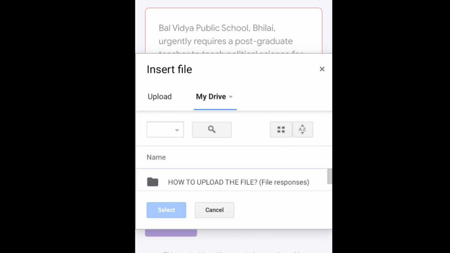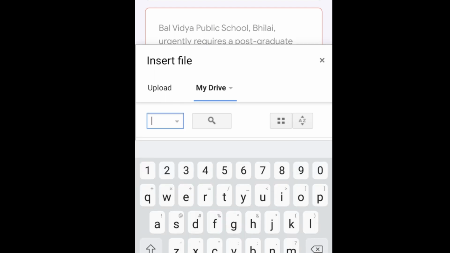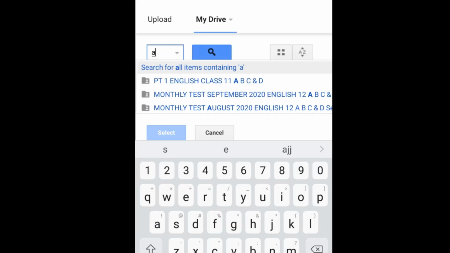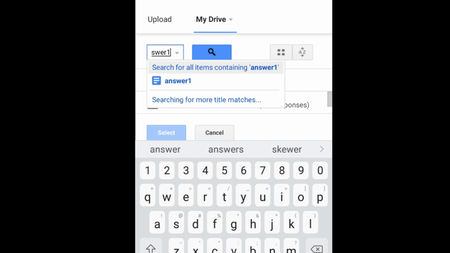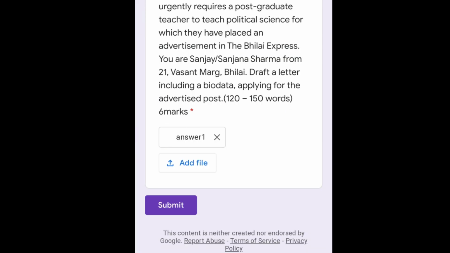Okay. And then here select answer 1. So here you can see that document, it's not an image, answer 1 is the Google Doc. So select that answer 1 Google Doc and here you can see even the answer written in the Google Doc is inserted properly into the Google form. Now what you have to do is click submit.